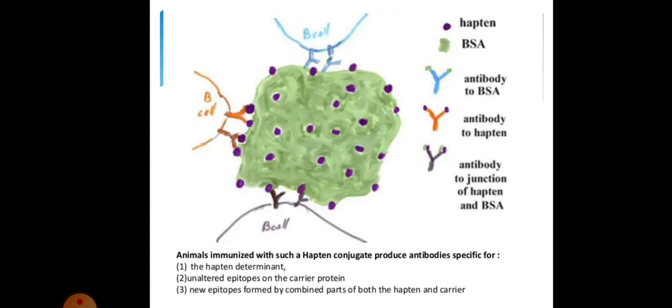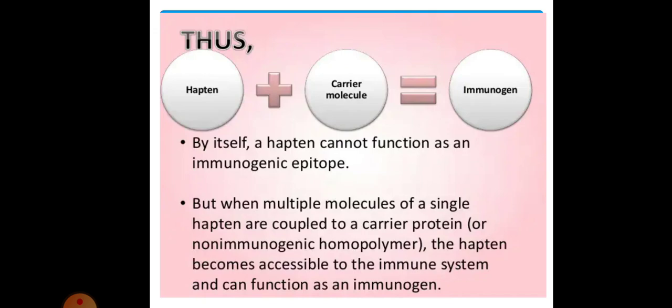B cell activation. Animals immunized with such a hapten conjugate produce antibodies specific for the hapten determinant, the unaltered epitopes of the carrier protein, and new epitopes formed by the combined parts of both the hapten and carrier molecules. So the hapten molecule is only active when it binds to the carrier protein molecule. Thus, when hapten is combined with the carrier molecule, it forms the immunogen, and by itself hapten cannot function as